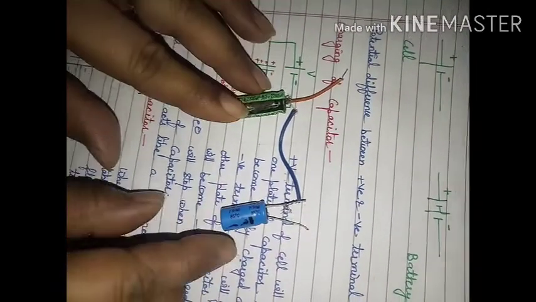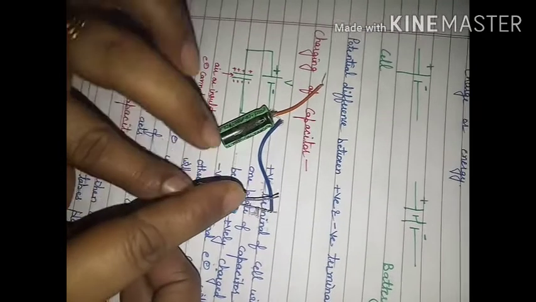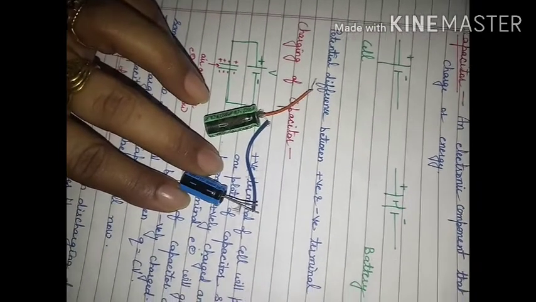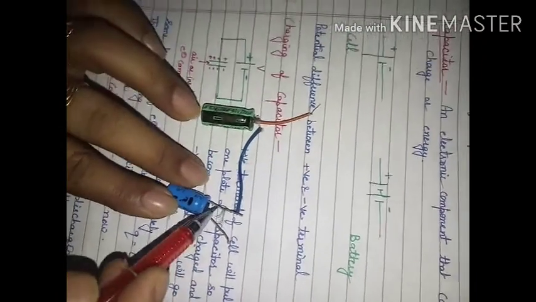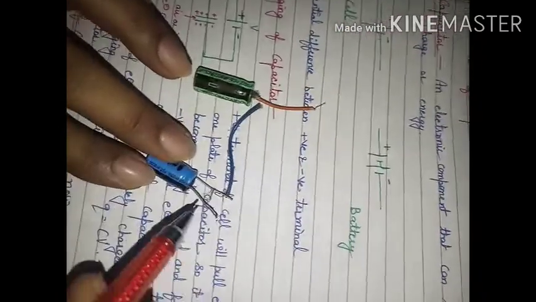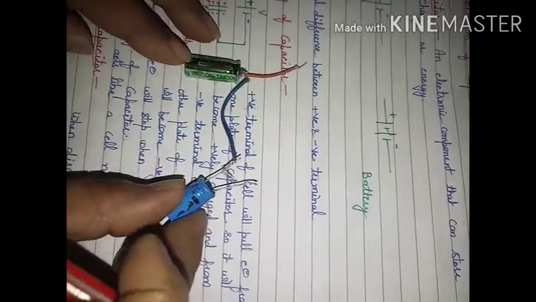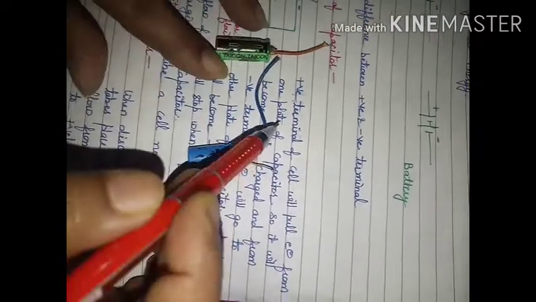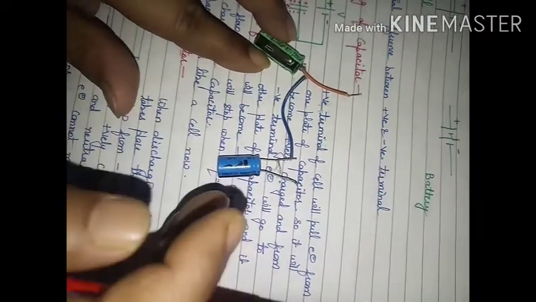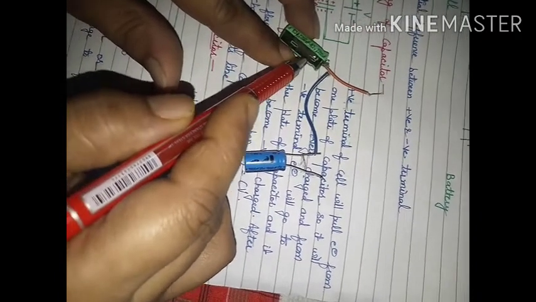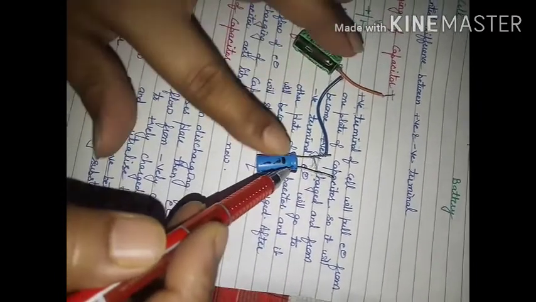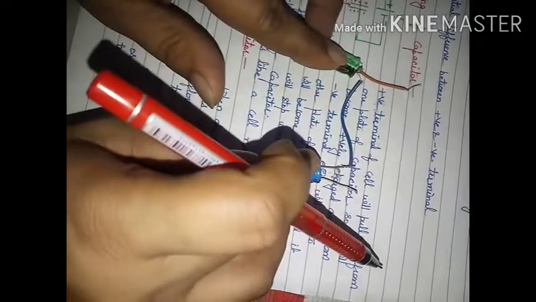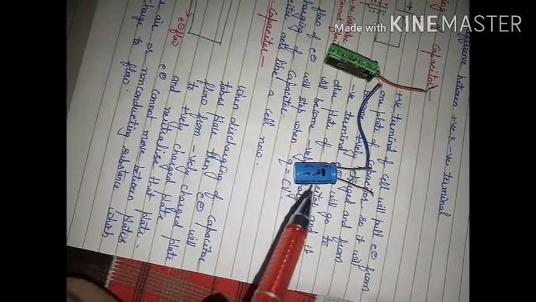So these are two electrolytic capacitors, and this is representing the negative and this side will be positive. Generally the longer leg is going to be positive and the shorter leg is going to be negative. Similarly this is negative, and when you connect them in series, what you will do is connect the positive of one with the negative of the other. So the negative of one will be connected with the positive of the other. Like this, the combination of capacitors will be known as series combination.